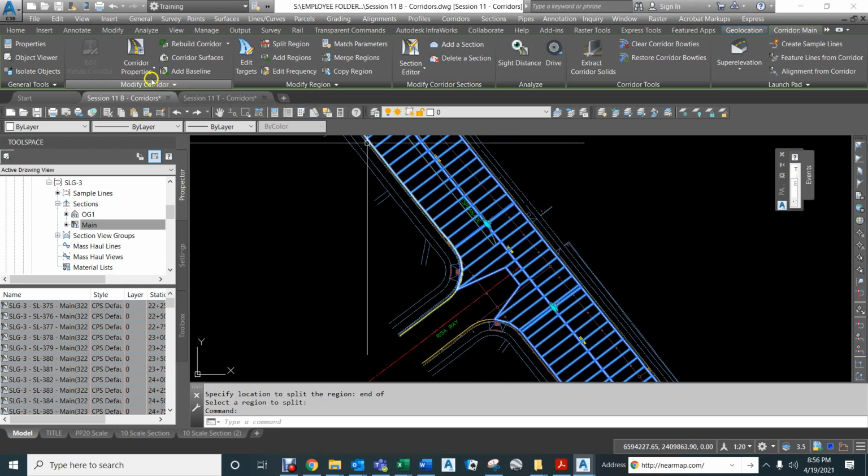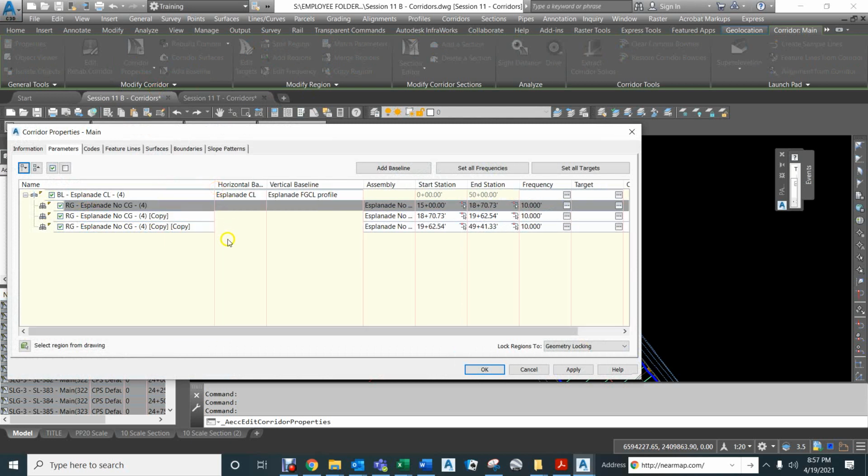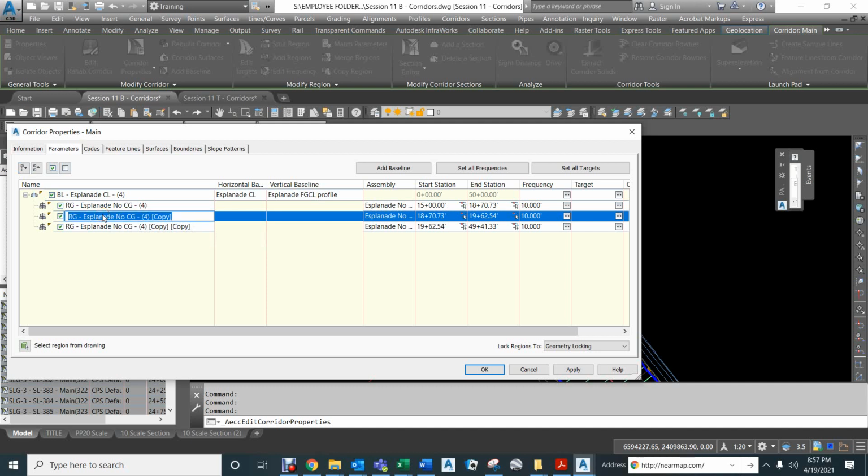And if you want to see them, you look at the corridor properties, and you can see that there are three regions here. I'm going to bring this out. And these are just copy and copy, copy, and copy, copy, copy. This is the way that the software keeps track of that. But what we can do is when we click inside here, we can say